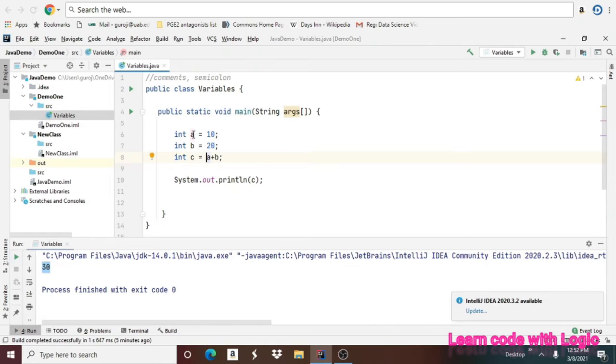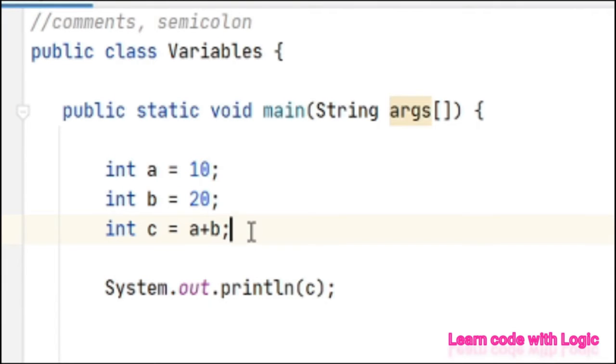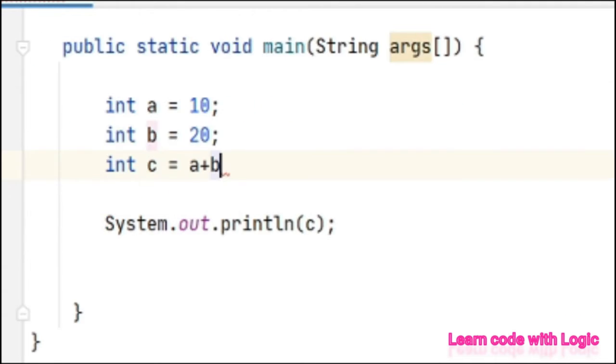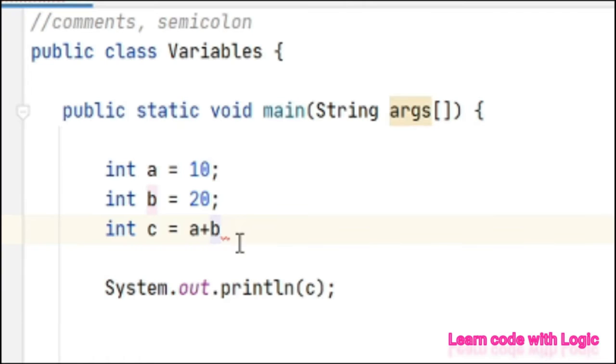In our previous example, we have declared some variables. You can see there every line ends with a semicolon. So Java statements always end with a semicolon. Suppose if you don't give any semicolon, it shows the compile time error. You can see now, right? And it won't run also, because if it's not compiled, obviously it won't run. Look, Java is expecting a semicolon. So you have to give the semicolon, then everything will be good. So the basic rule is that the declaration and expression statements must end with a semicolon.